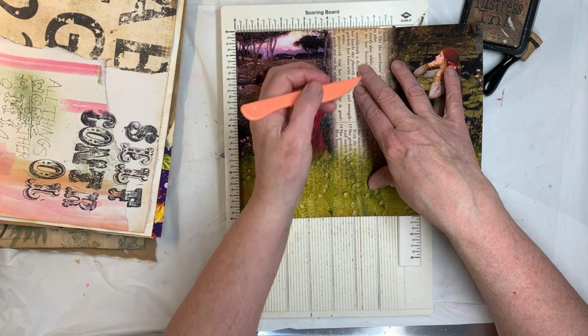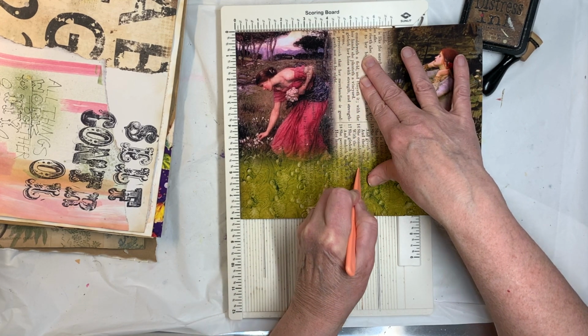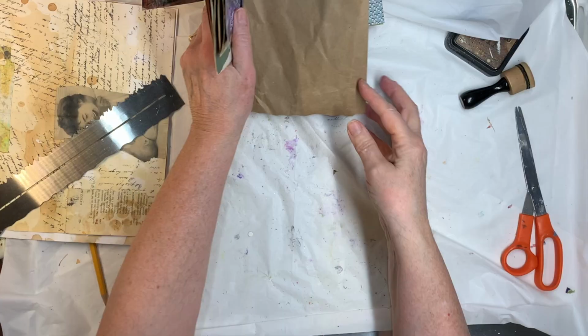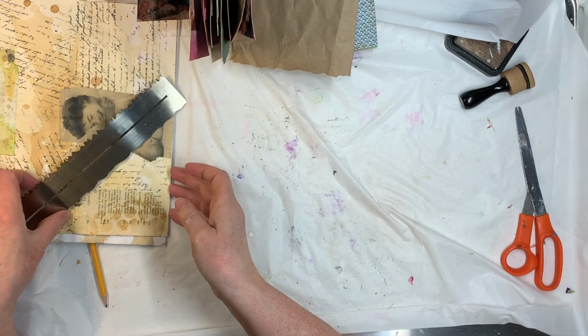So I'm going to go ahead. I won't make you watch me do all these, but I'm going to go ahead and score these, then I'll be right back. Okay, I've got everything folded pretty much, but then I realized that some of these sheets that